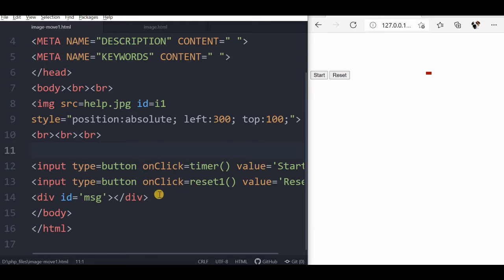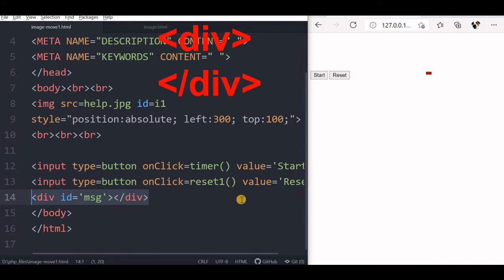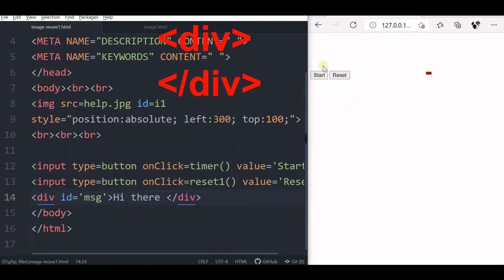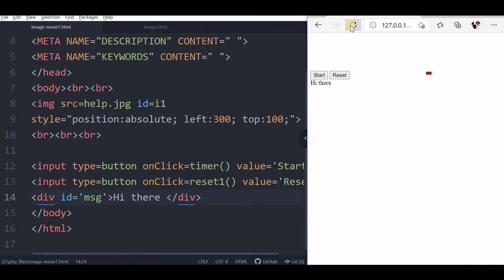Below that we have written a div tag, because we will be displaying the x and y coordinates continuously as they change. Just to show you where it is, I have written something here, saved it, refreshed. Okay, so this value is reflecting here, so you can change this. Now I hope this basic layout in HTML is clear.